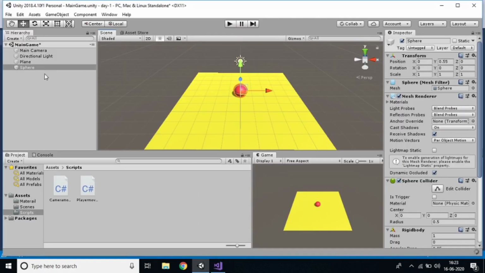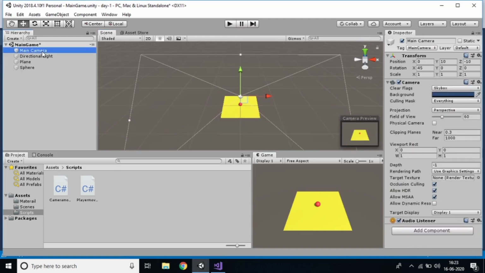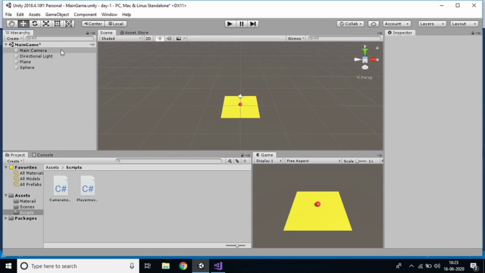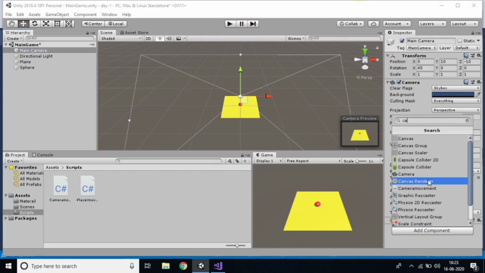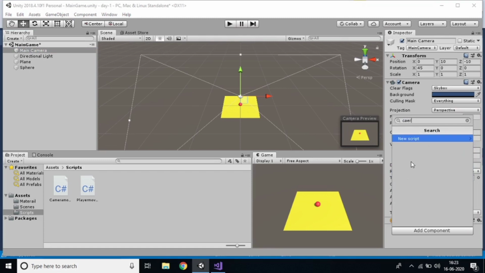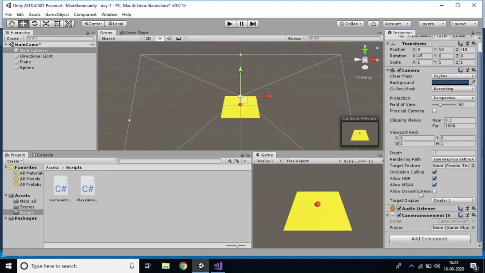And now for the main camera, I want to add this script. Just add component camera movement. Yes, now I added the script.